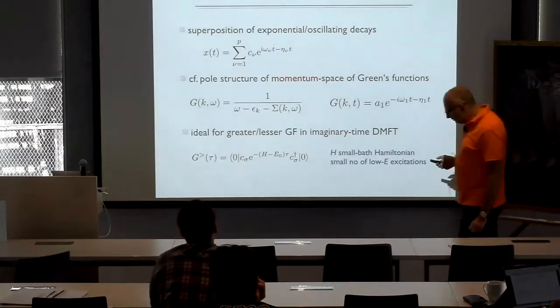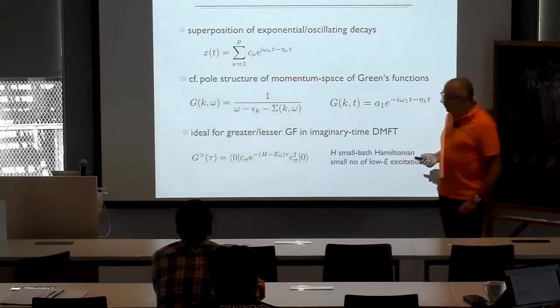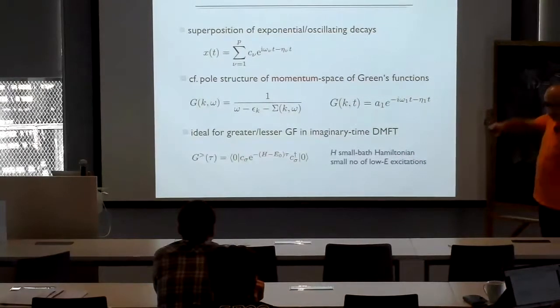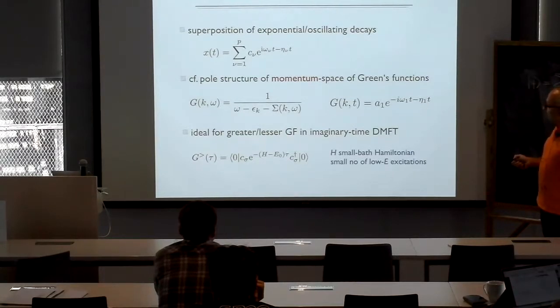The answer to this problem is the following. If you do this linear prediction, what you actually do, you can work out from the ansatz, is produce a superposition of exponential oscillating decays, some formula of that form. And if you compare that